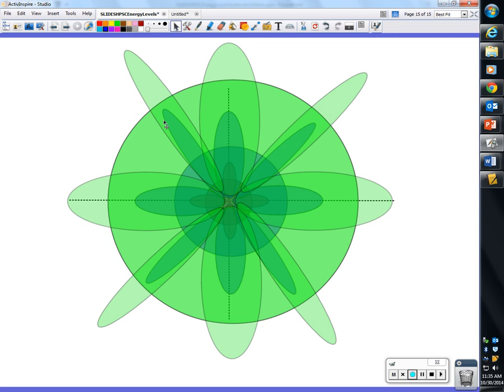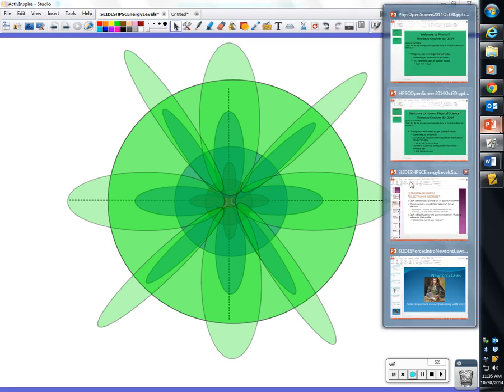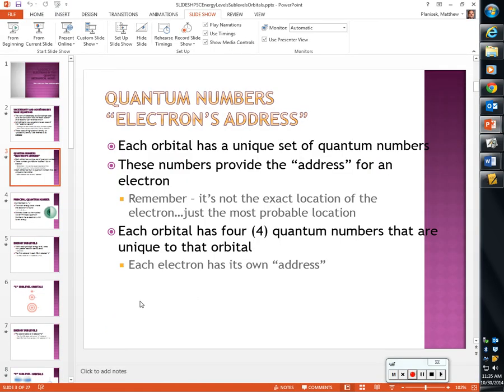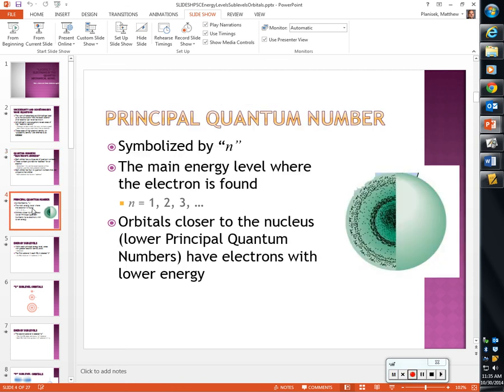Just like a house on a street in a development, okay? Sometimes houses look very similar and they're close to each other, but there is an address that distinguishes that house from every other house in the development, in the city, whatever it might be. Okay? Good there? And that's where we're ultimately headed with this idea of the quantum numbers. What is that address that distinguishes that house from all the other houses? Okay? So, the first number that we have to worry about